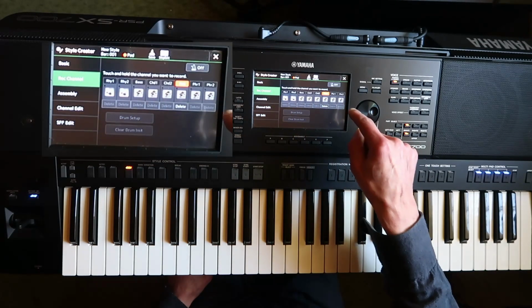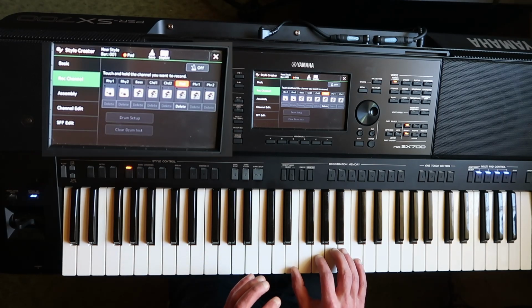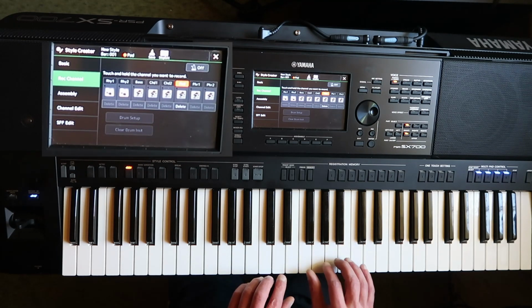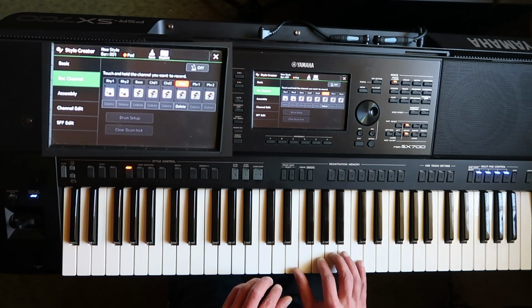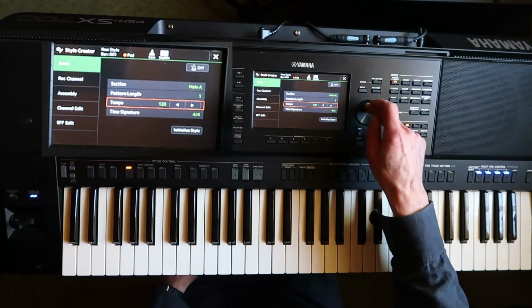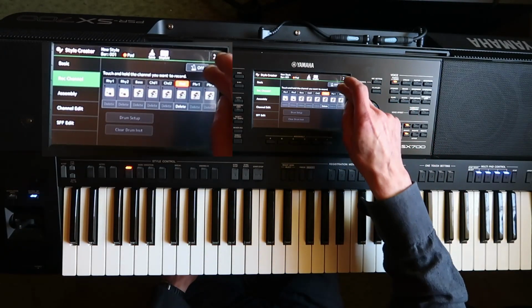Now I will record our padding slightly different. I will not play all notes at the same time. I will play them in sequence, because if something doesn't sound right, then we can more easily find the problem. That is, which note is making trouble. Now we will do that slightly slower so that we can follow the notes.